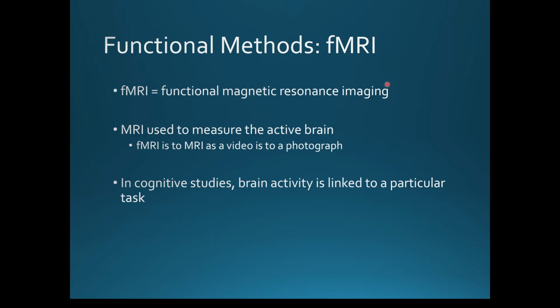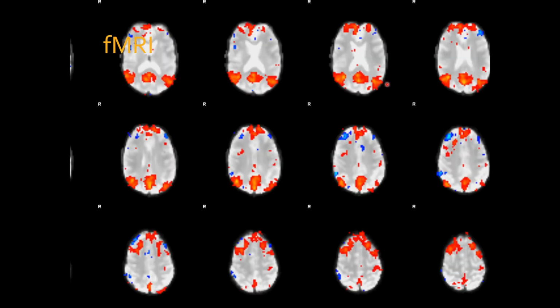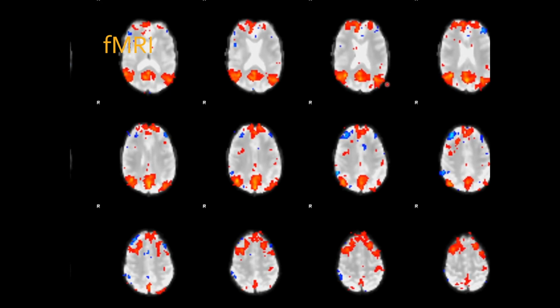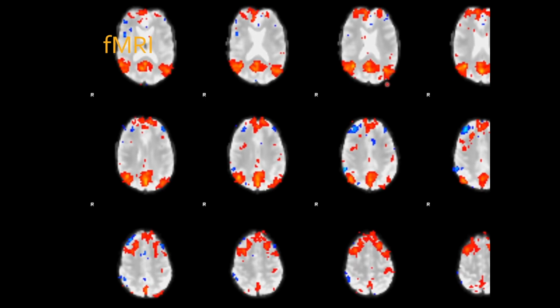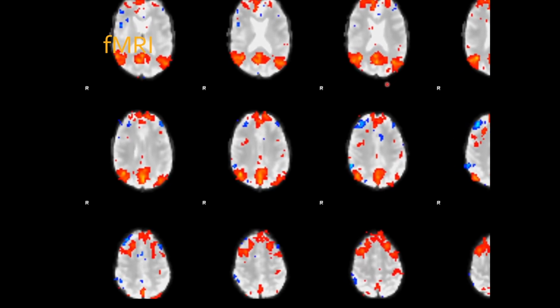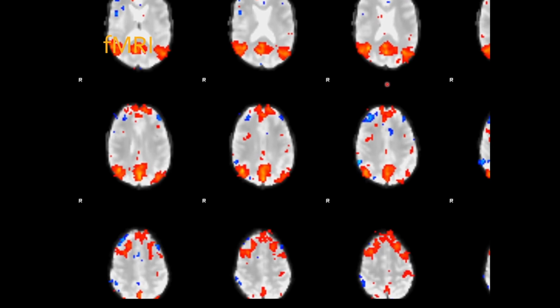if we're doing a cognitive task, we can link activity of the brain to that task, or we can also look at how your brain looks when you're at rest, when you're not really doing much other than being in the scanner. So fMRI was developed in the 1990s. It's been informative for many populations. It allows us to assess patterns of blood oxygenation in the brain, and we can use this information to look